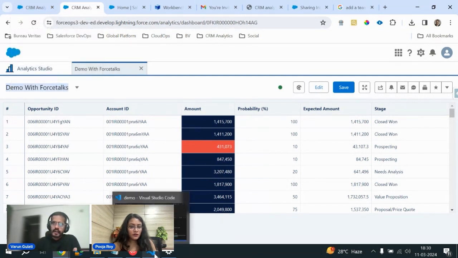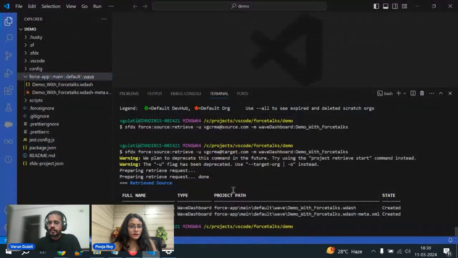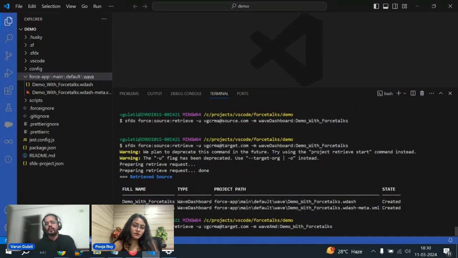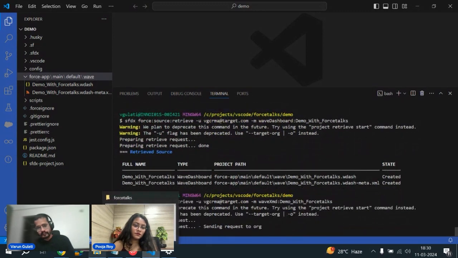There is a metadata type in CRM Analytics by the name of XMD, which is an extended metadata. Every entity, usually a dashboard or a component or a dataset, has its own XMD with the same name. So I also need to fetch the XMD of this particular dashboard.